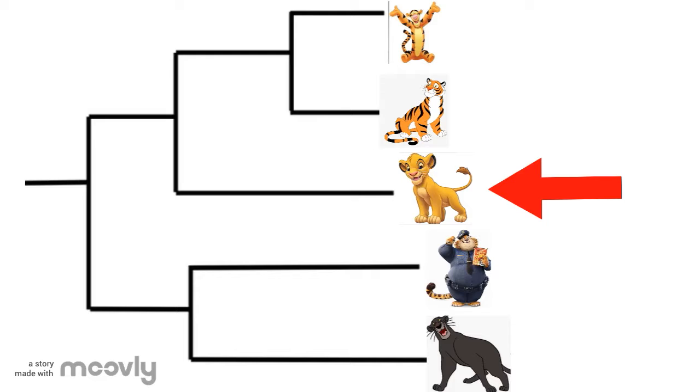Still in this cluster, but sharing its own common ancestor, are Clawhauser and Bagheera. They are farther from the tigers and lions because they are still wild cats but have key differences. These two are sister groups because panthers and cheetahs are both tall, slender, and agile. These two's most recent common ancestor is here. This can be found by following each OTU's lineage back in time until all of the lines meet up.